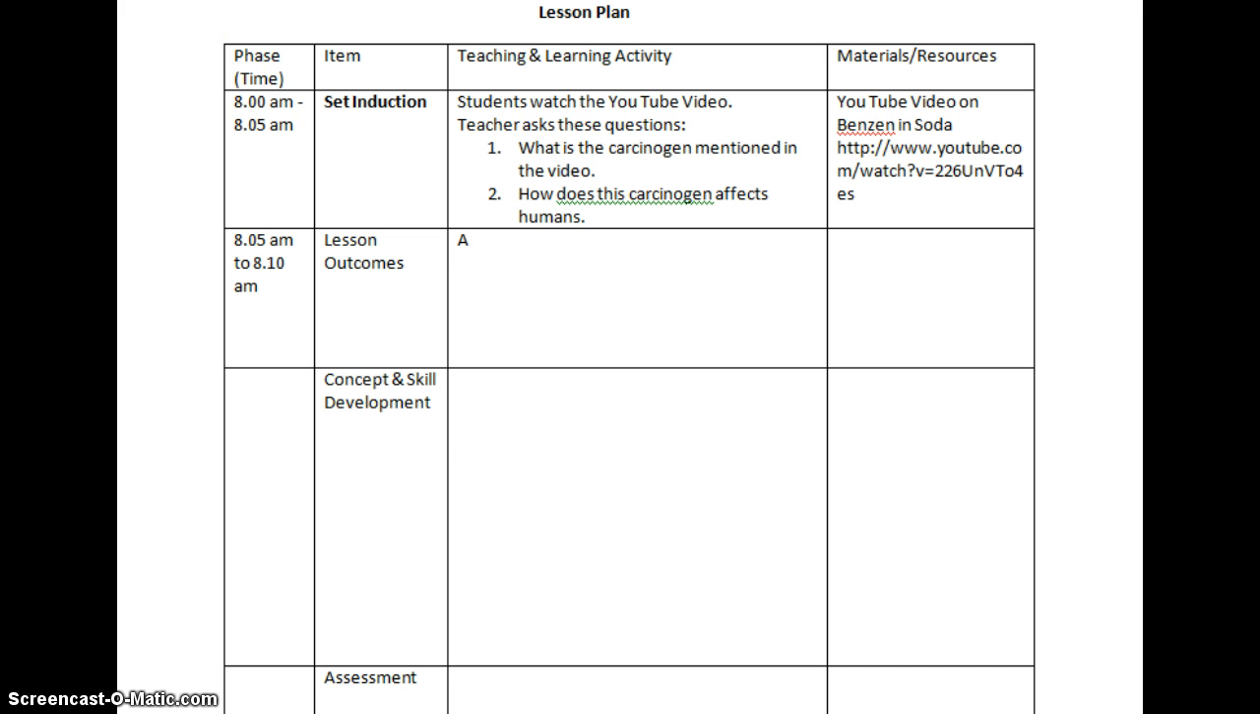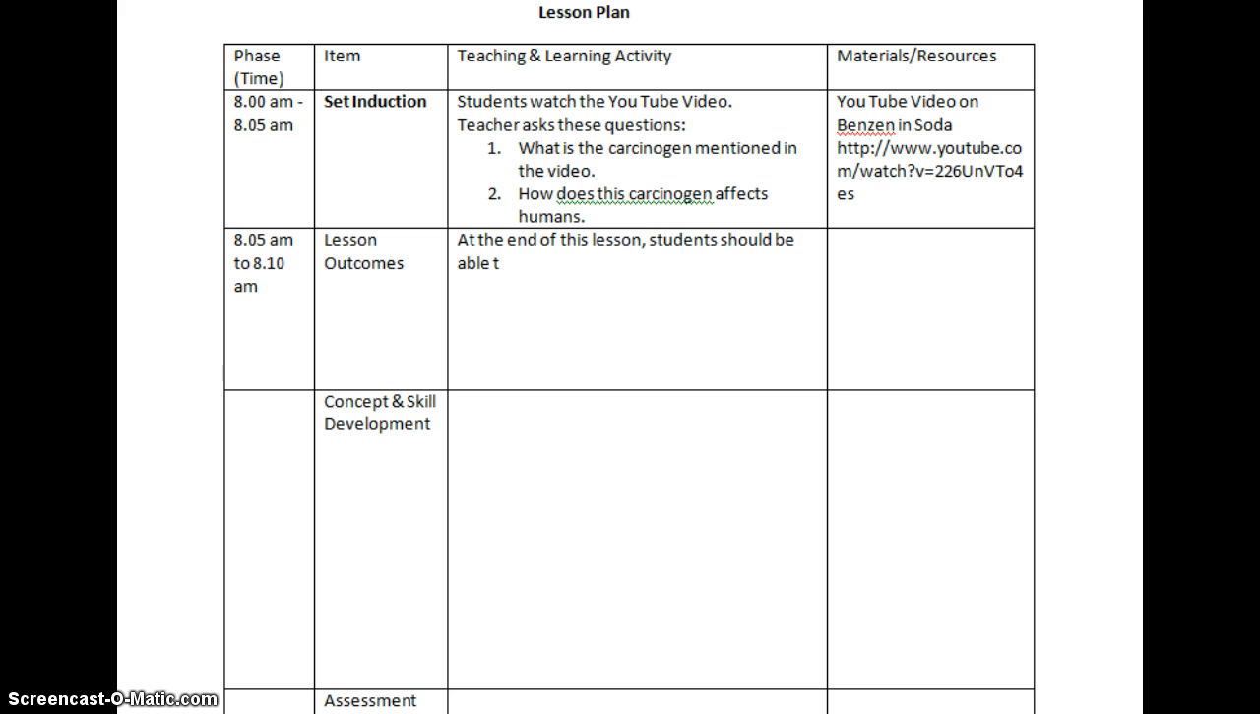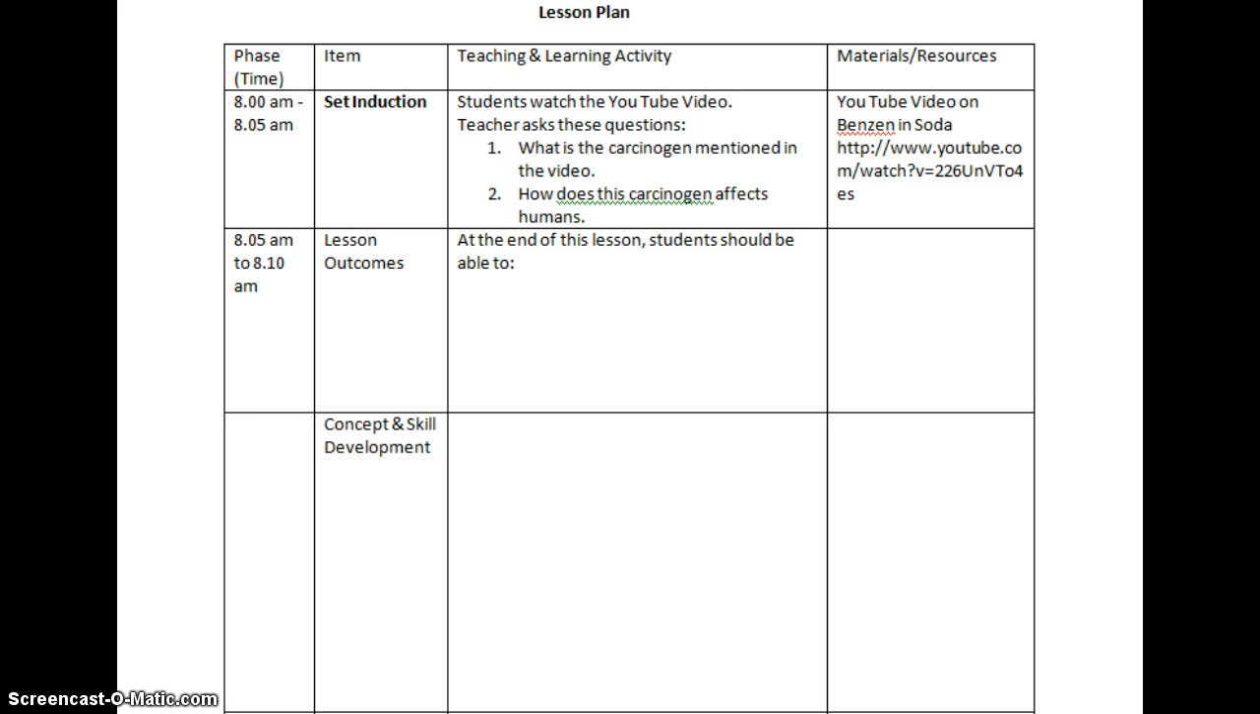So let's say, for example, at the end of this lesson, students should be able to, based on the course or the learning outcomes, what are the things that the students are supposed to be able to do at the end of this lesson? Let's say this is a chemistry lesson because obviously it's on benzene. So let's say for example here, number 1,